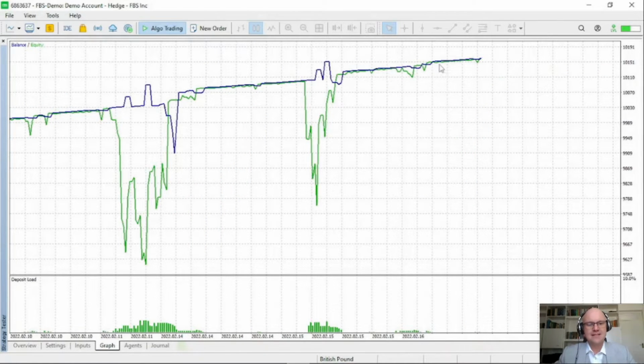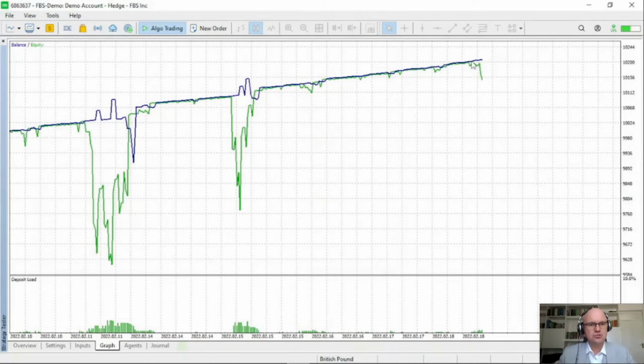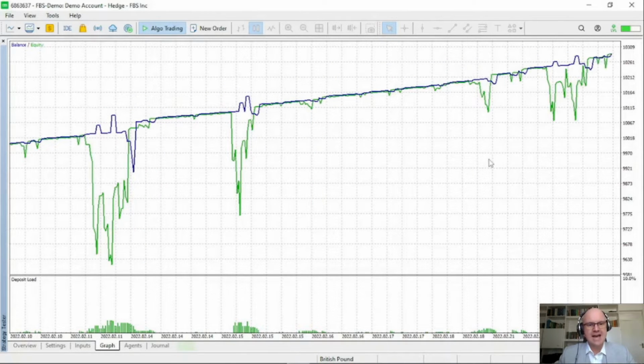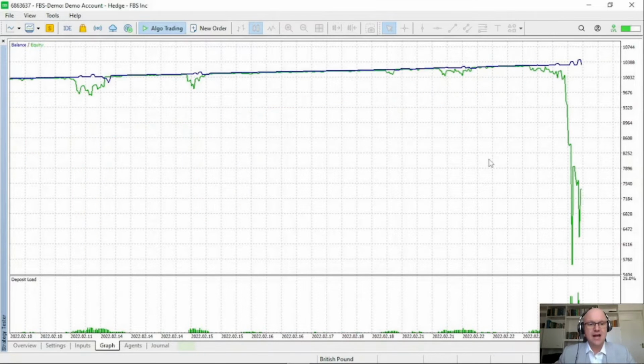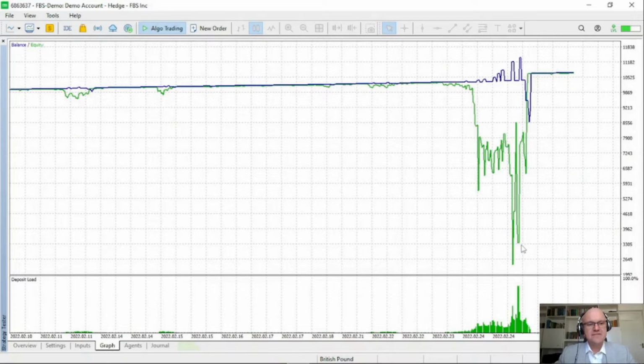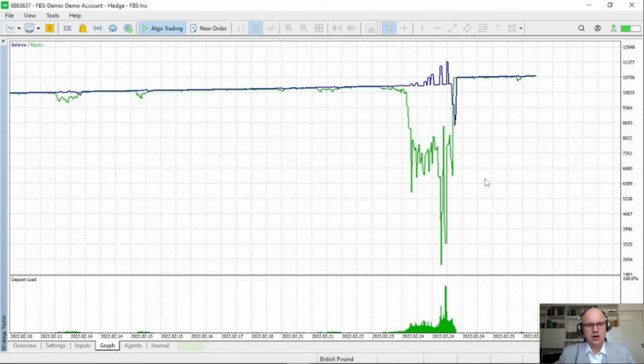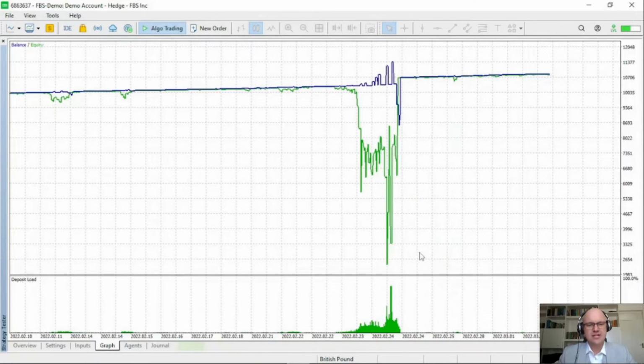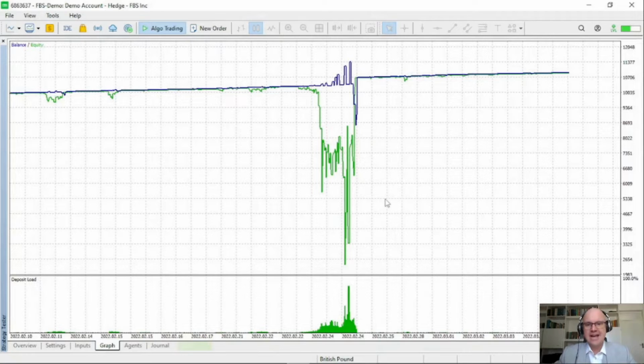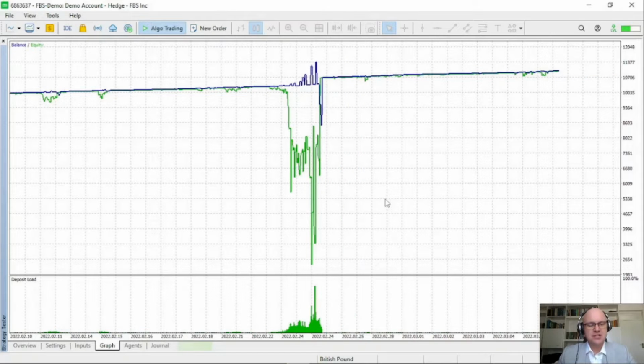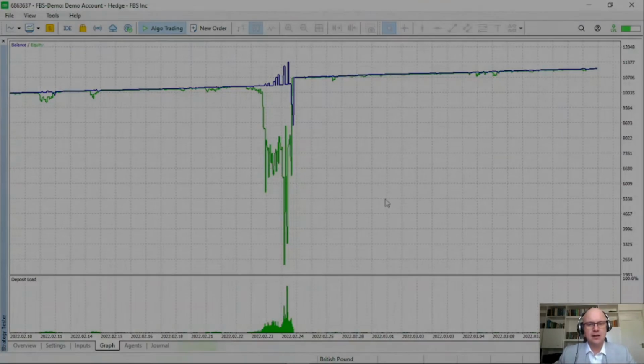Because of the fact that it trades in both directions, it's able to generate a lot of trades and a lot of return very quickly. However, because of this, you will see that it goes into periods of large drawdown, using very large lots to get itself out of that predicament. So what you can notice from this, for this specific broker, if I had a smaller account balance, the account would have been blown. So if we take a closer look, you will see it is constantly generating trades in both directions and placing a lot of them.